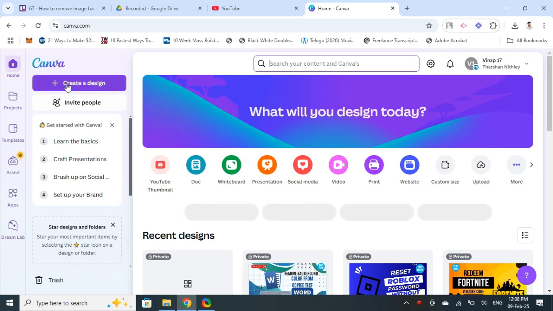So simply create a design. I'm going to just click on create a design and then just choose any custom one. That's fine. So I'm going to do that. So let's click new design, and then